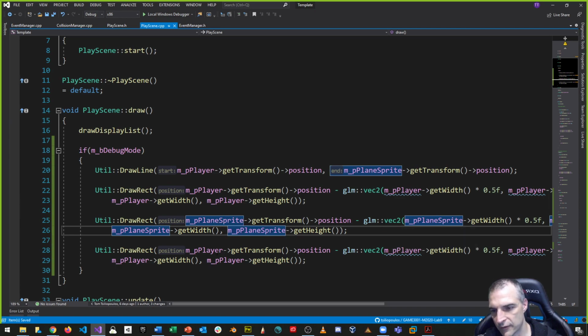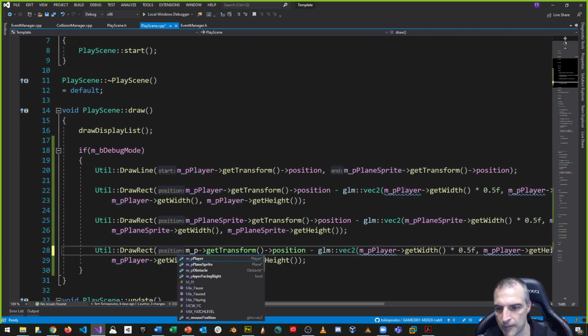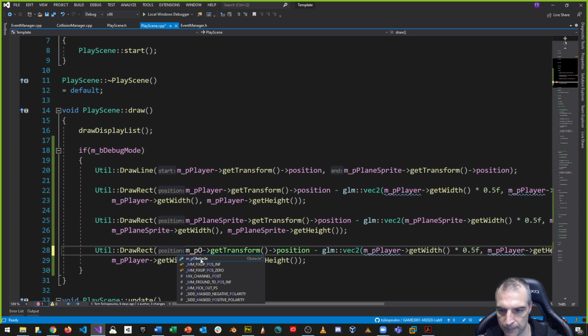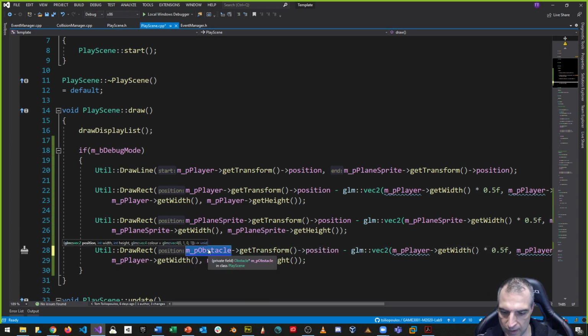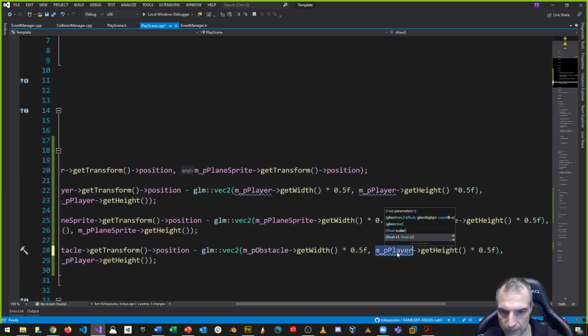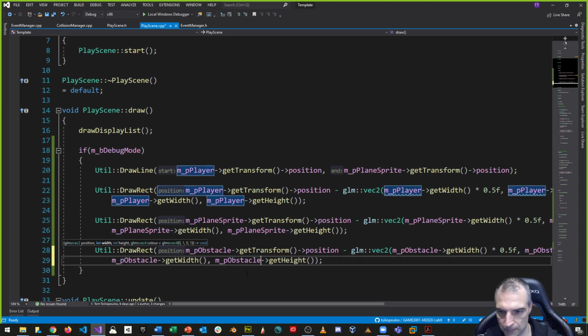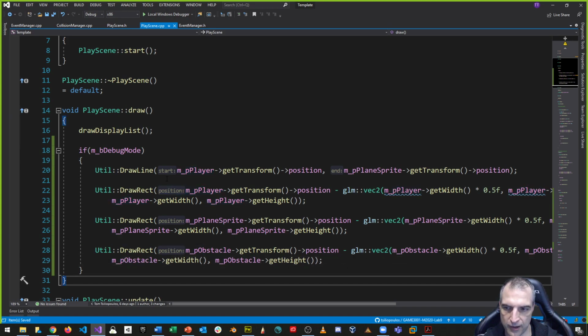Let's do the same thing for obstacle. So I'm going to say M_P obstacle, this one. And let's just replace anywhere that it says player again with obstacle. So obstacle, obstacle, obstacle, and obstacle. And that takes care of the player, the plane, and the obstacle's collision boundary. Let's see. If I run it,